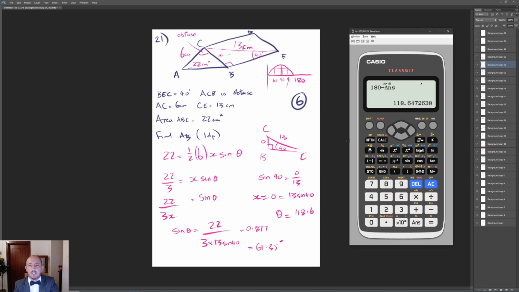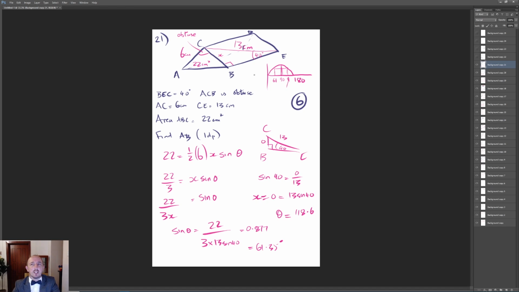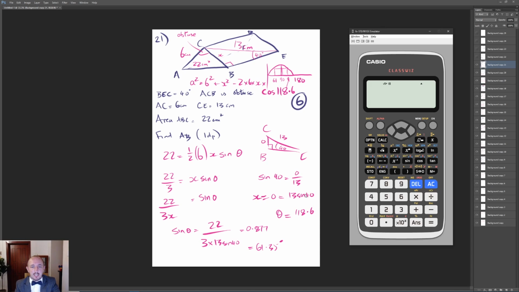Okay, just going to store that in the memory for now. To find AB, we're going to use the cosine rule now because we have two sides and an angle in between there. So we are going to do a squared equals 6 squared plus x squared, which we know what x is, minus 2 times 6 times x times the cosine of the angle, 118.6. Okay, so we work all that out on the calculator. x was 13 sine 40,